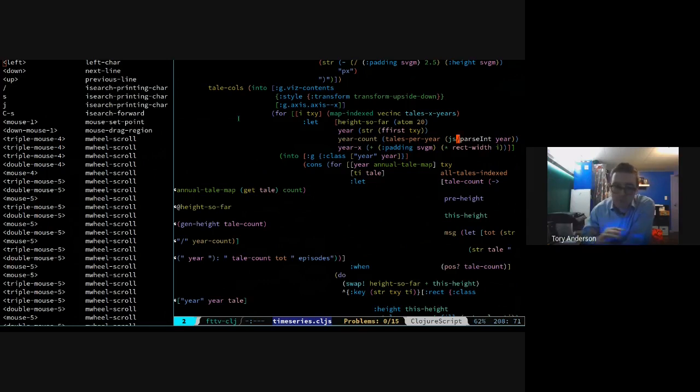ClojureScript won't bother you too much about that stuff, but JavaScript does care, which is funny because JavaScript is also dynamically typed, but apparently it is more typed than ClojureScript is. And so you have places where JavaScript might have a Boolean test, a test of whether something is true or false, and you have to realize that that's different